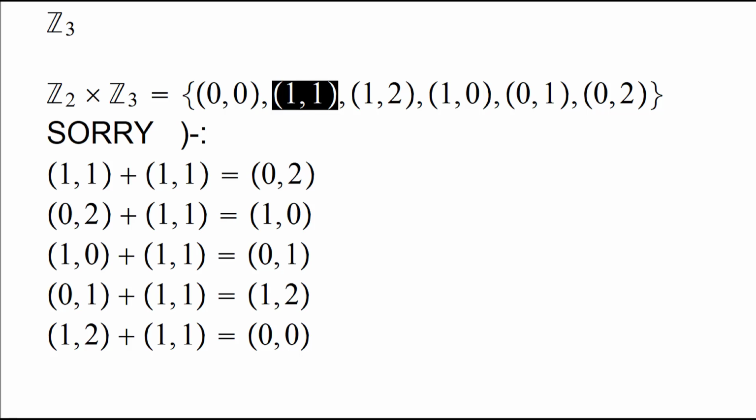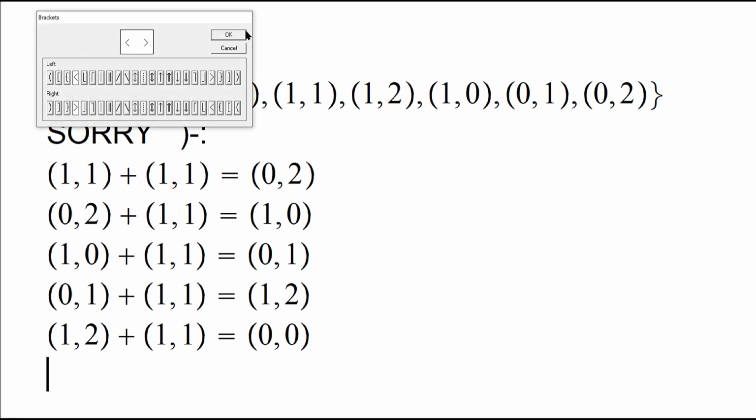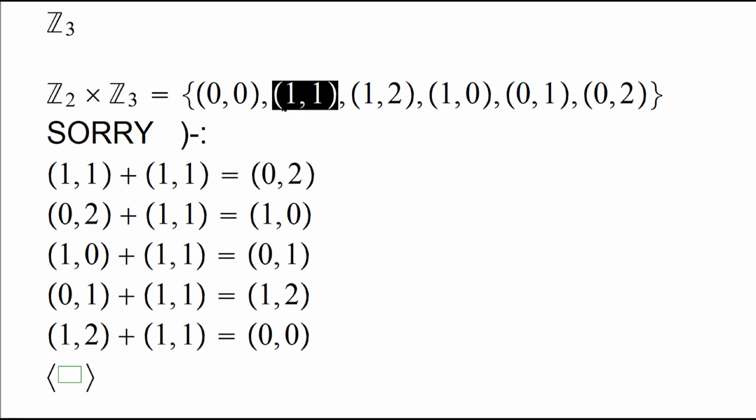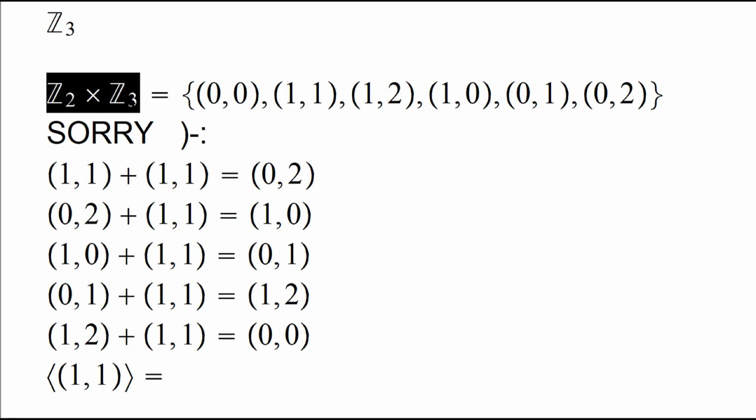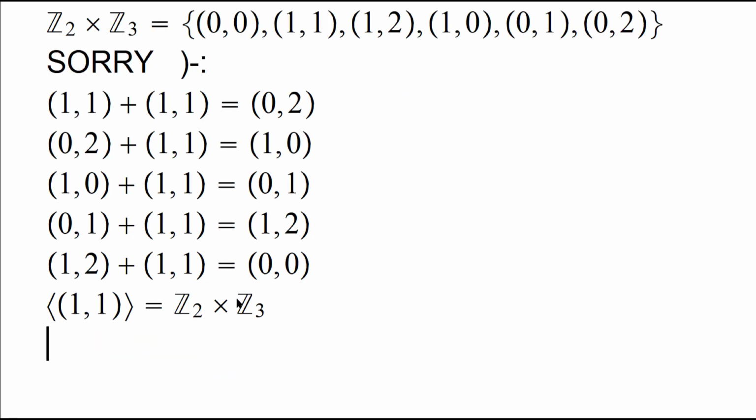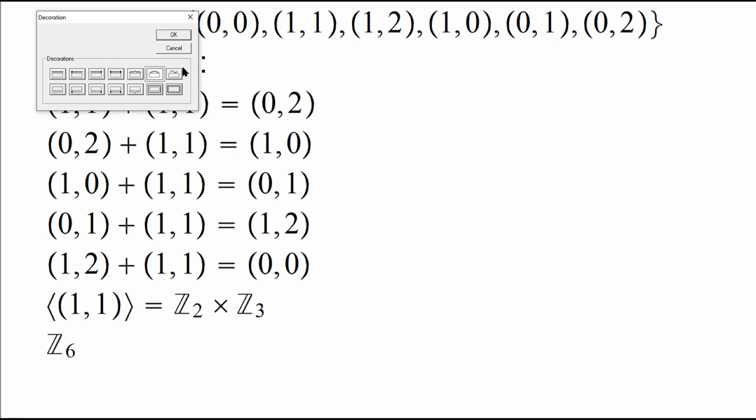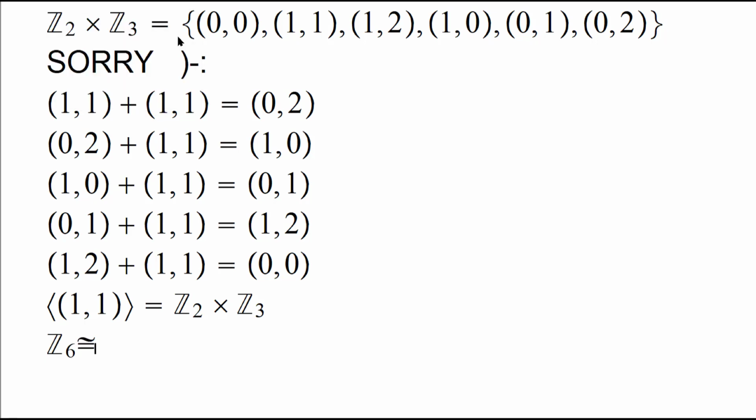So this element has order 6, and this has 6 elements in here. So what do we find then? We simply find that this direct product is generated by just this element. And who else is generated by an element of order 6? That's Z6, right? So here you can see that Z6 is isomorphic to